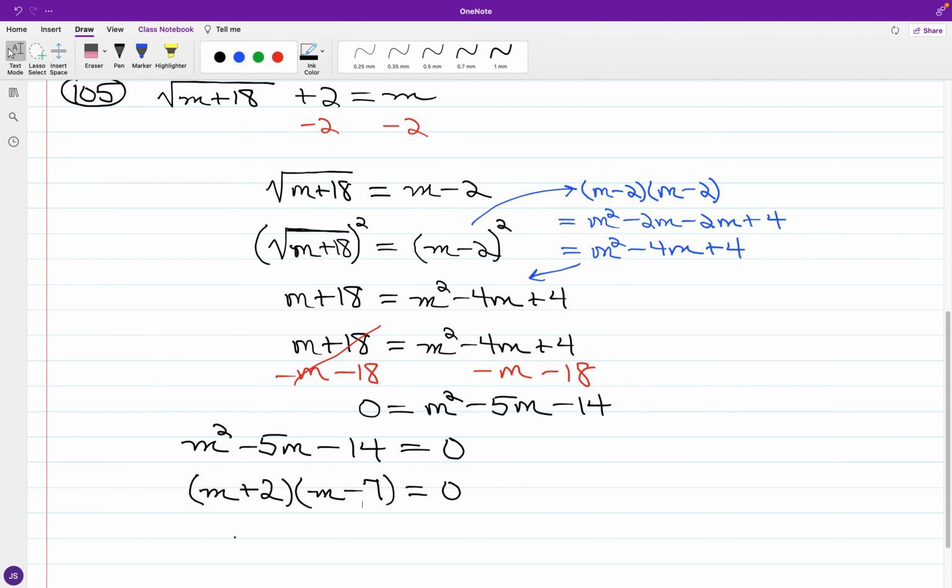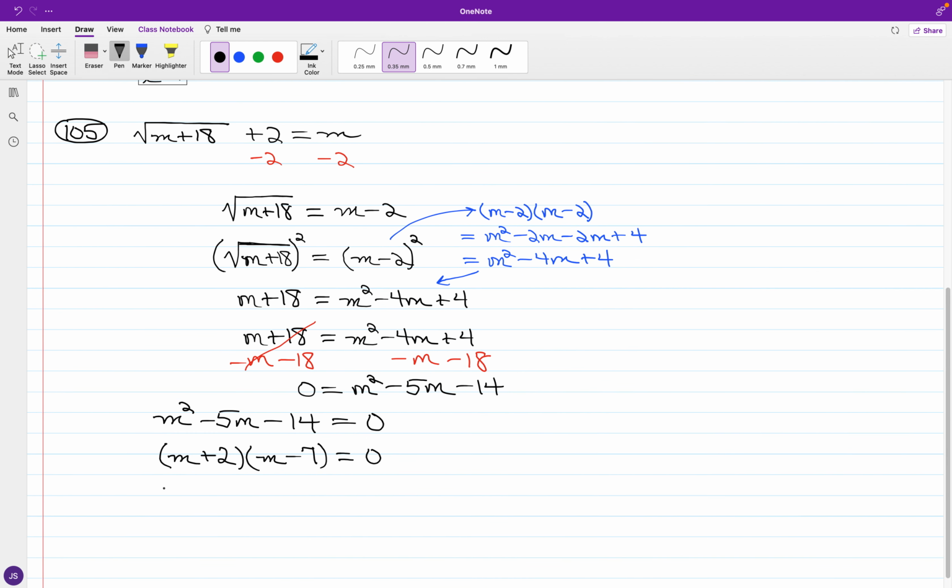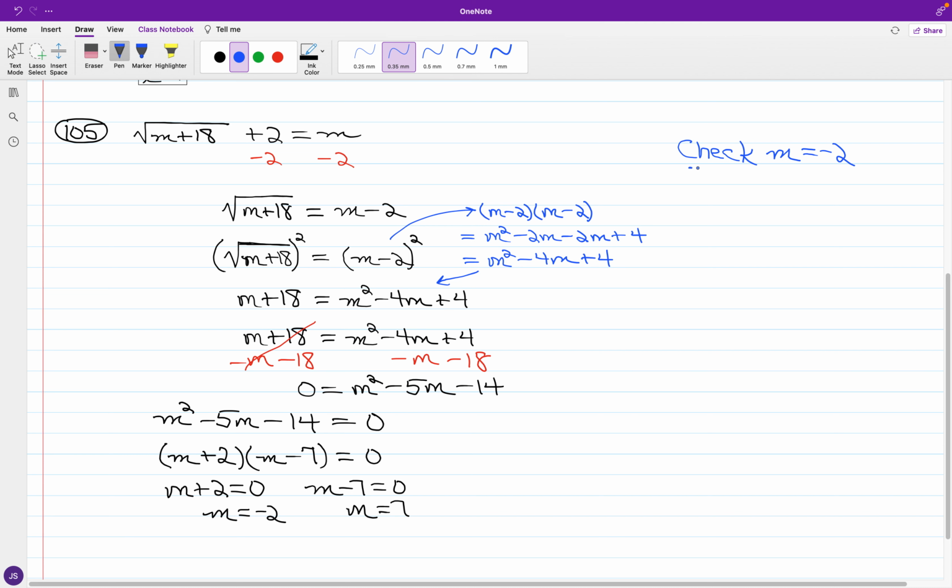And so upon looking at what we have and utilizing the zero product property, if I set m plus 2 equal to 0, I'm going to have that m is equal to -2. As for m minus 7, if I set this to 0, we have an apparent solution of 7. Now, again, since I work with even root radicals, it's those types of radical equations that checking